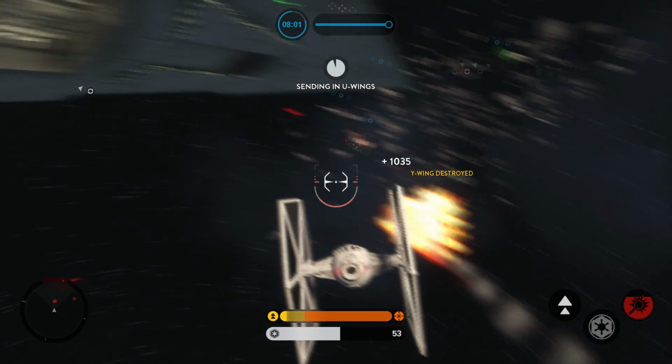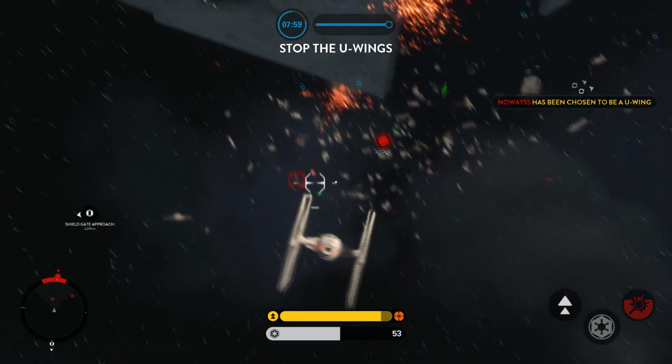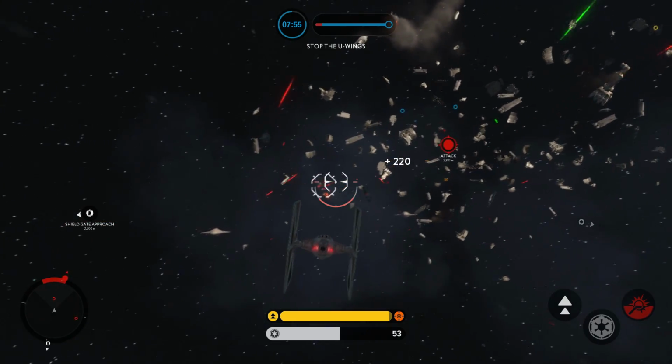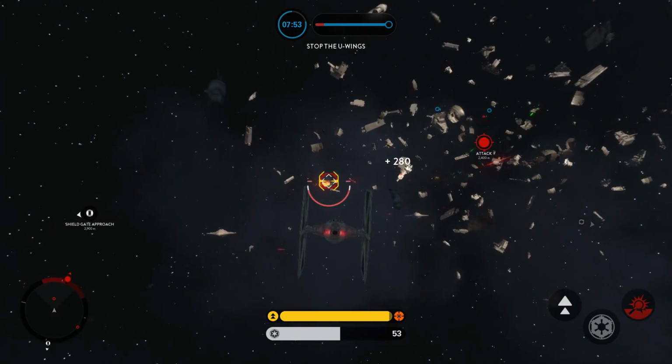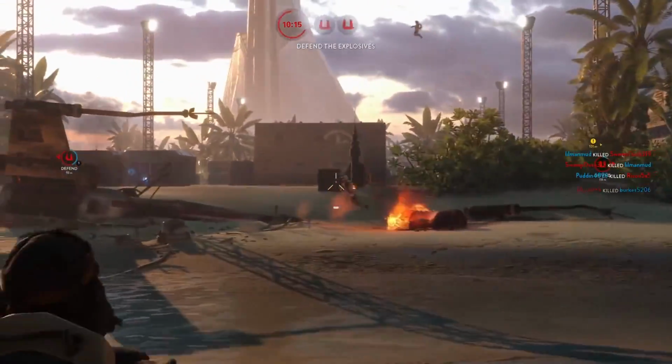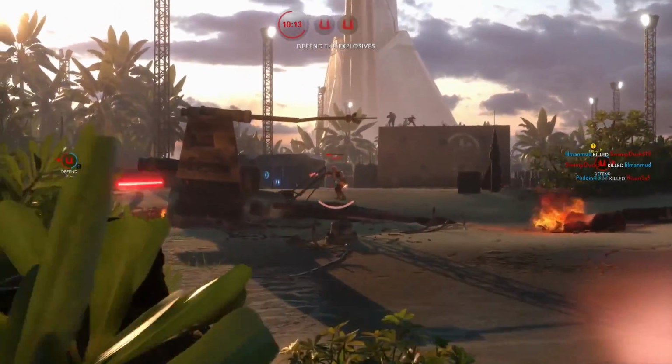The first phase of Infiltration took place above Scarif near the shield gate, and your objective was to either stop the rebels from getting through altogether, or to get through it yourself as a rebel. The U-Wings are fully playable and were a new addition to Scarif. If the rebels succeed in breaching the shield gate, the mode moves on to Phase 2, which puts you down